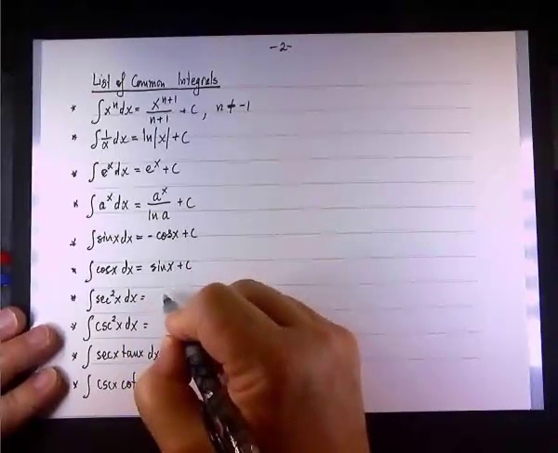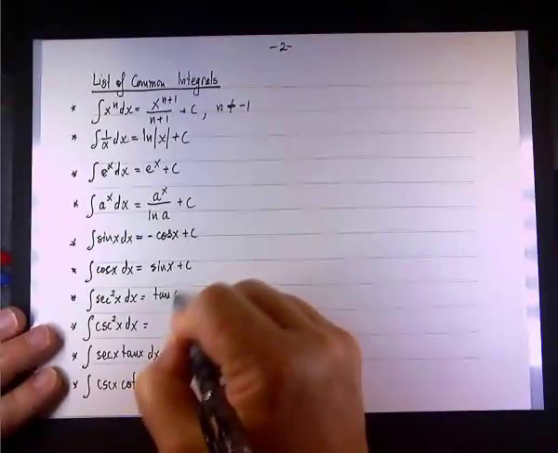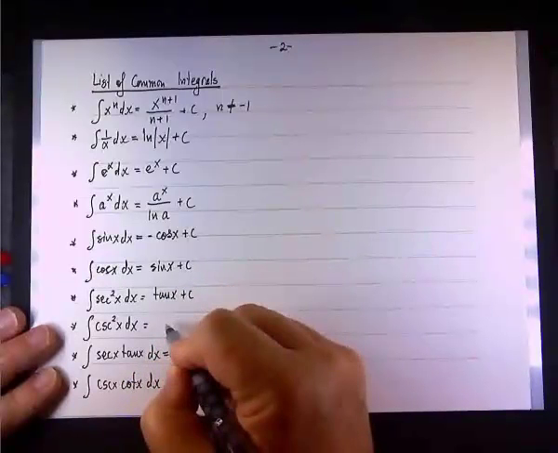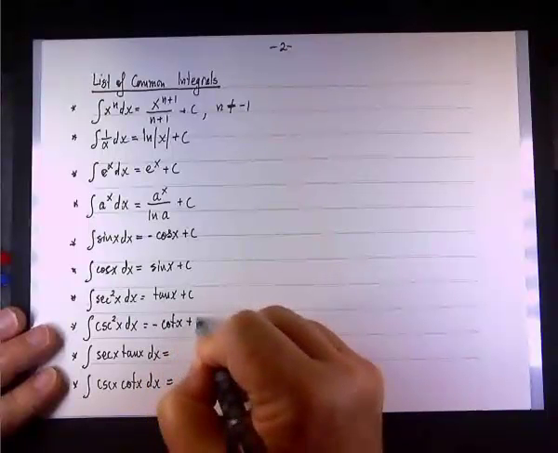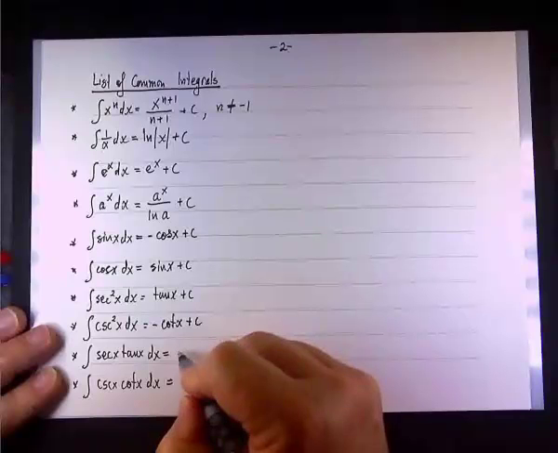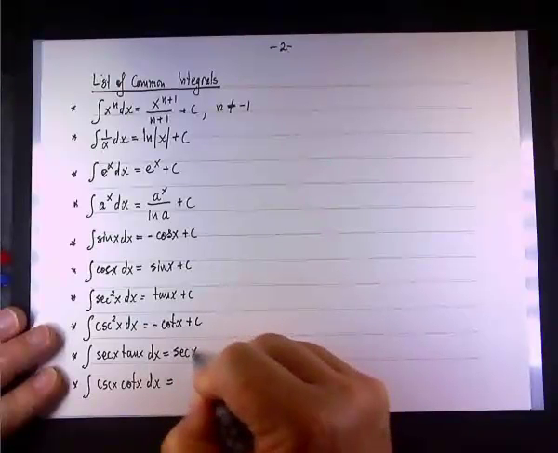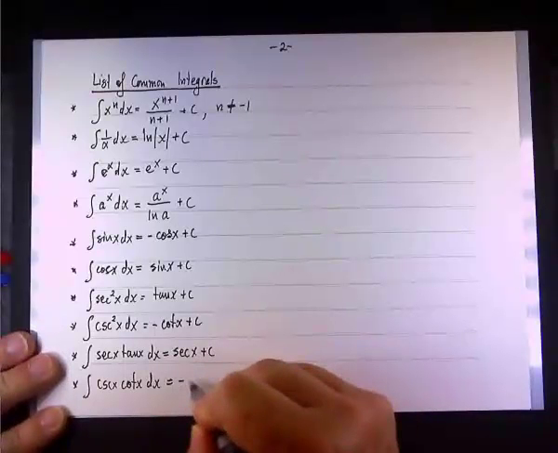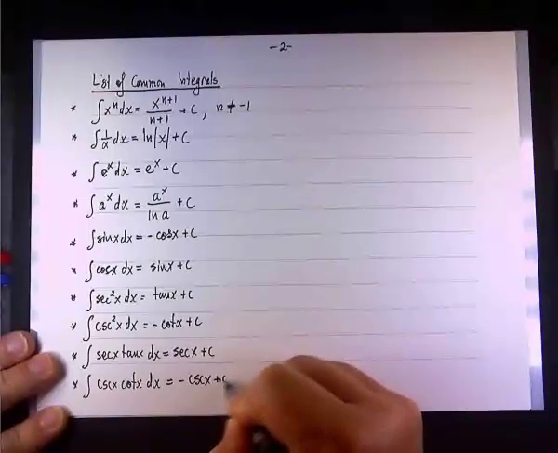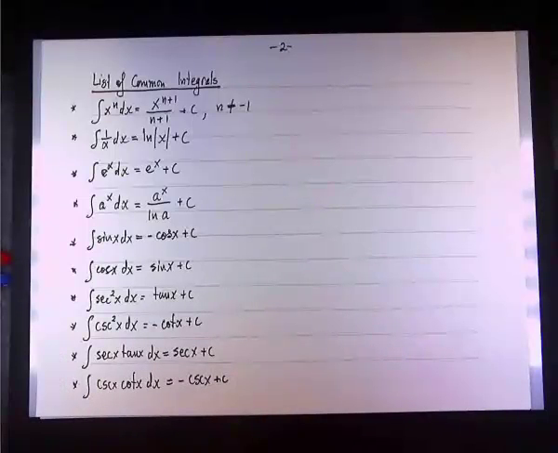All right. Okay, call it out, please. The integral of sine x, the integral of cosine, the integral of secant squared, the integral of cosecant squared, negative cotangent, very good. The integral of secant times tangent, and the integral of cosecant times cotangent,